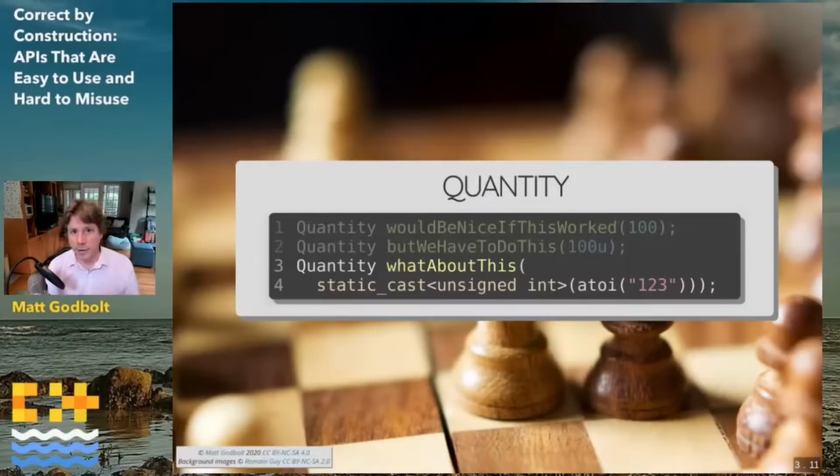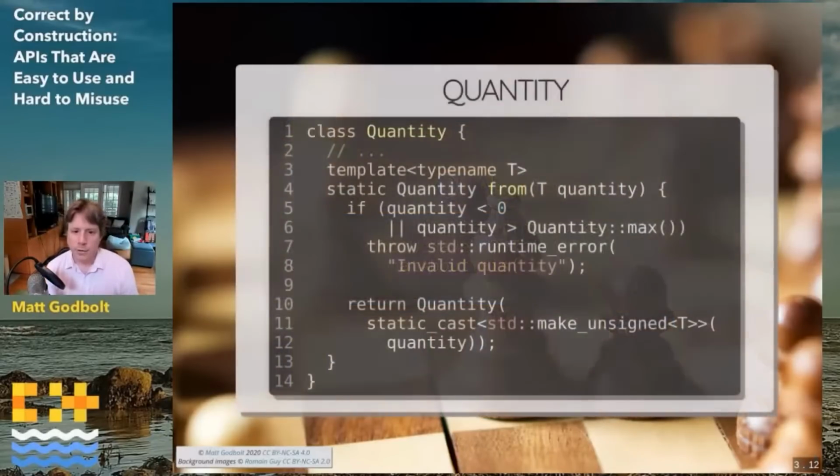And we have to hope to heck that they haven't typed -100 in there, because we're going to have all sorts of problems here, because we're just blindly casting it to an unsigned integer, with all the attendant problems that that's going to come up with. So although this is correct by construction, we're going to talk a little bit about runtime things that we need to check. So what I like to do is have the constructor be as I've shown,